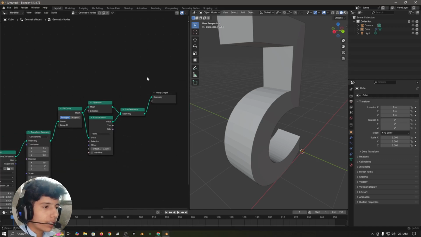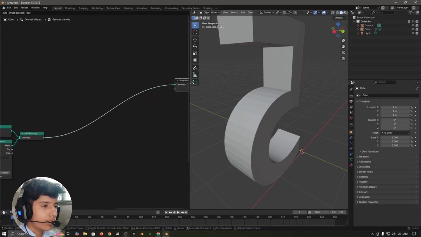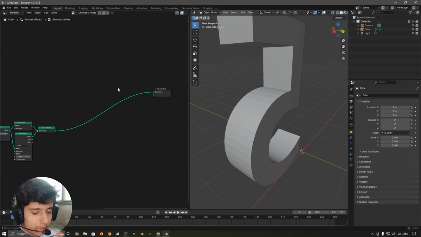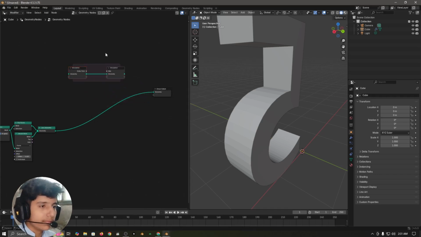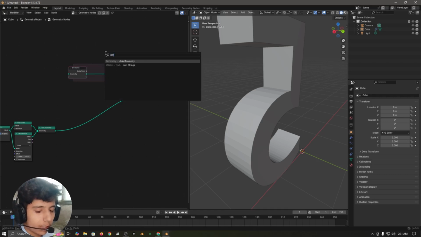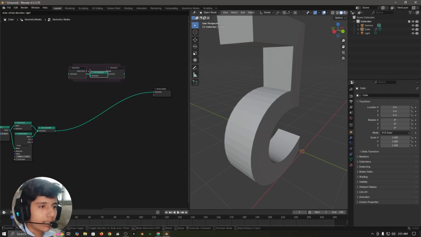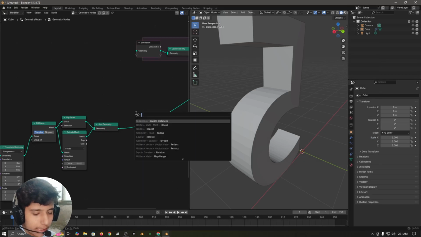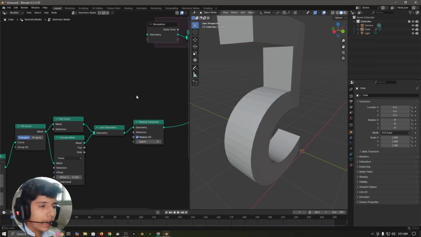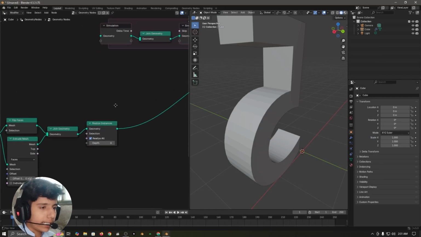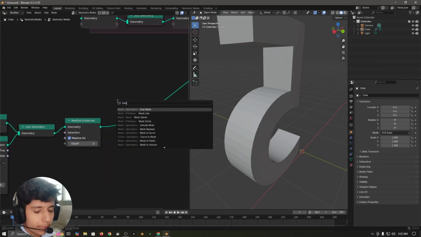Now we can move further to our simulation of bubbles. So press Shift plus A, add simulation nodes, then add a join geometry node here at the center. Now we need to add a realize instances node after this join geometry node, and we need to add a mesh to volume node so that we can add